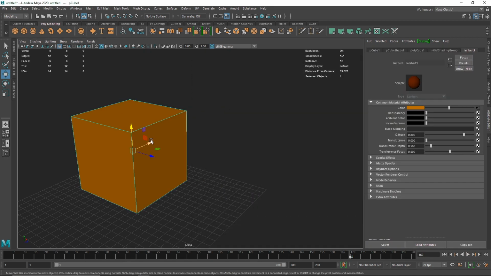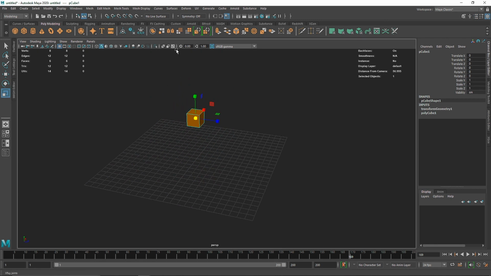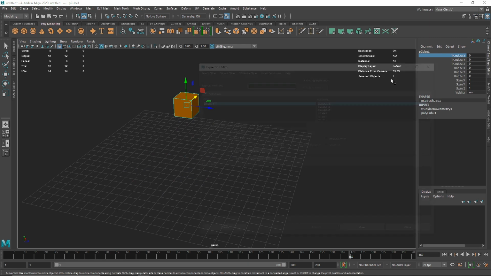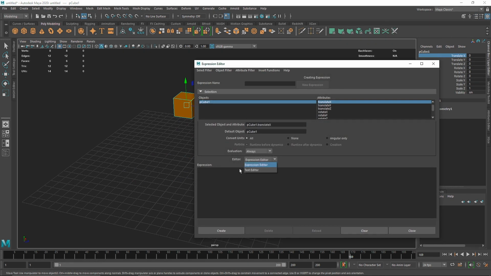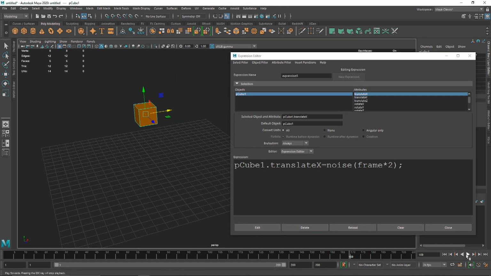Now you can do the same thing with not just the color but the overall values as well. So if I have something like, let's say I want to animate, I'm gonna freeze transform and translate an expression. What I can do is I can copy this here, and I'm gonna scale this up, and I'm gonna hit equals, and I can type in noise just so I can use noise as an animation, and I'm going to use frame multiplied by 2, or you can use time as well. And let's end this, hit create, and now if you look at this, you can see it's moving 2 units, or you can say multiplied by 2 every frame,